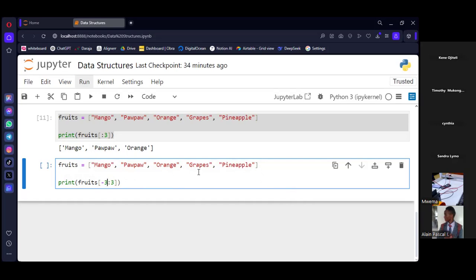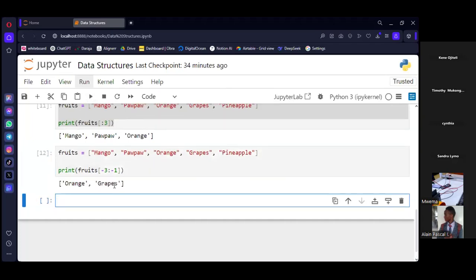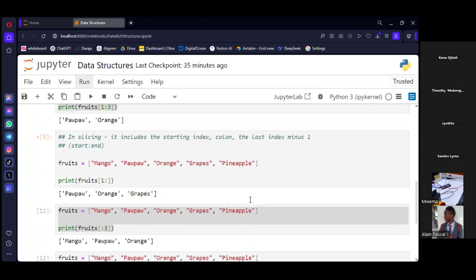Then, because we want to reach grapes, the same way someone has said here, we need to specify the end index as negative 1 so that it counters the exclusion. So this one is going to return orange and grape, with negative indexing.